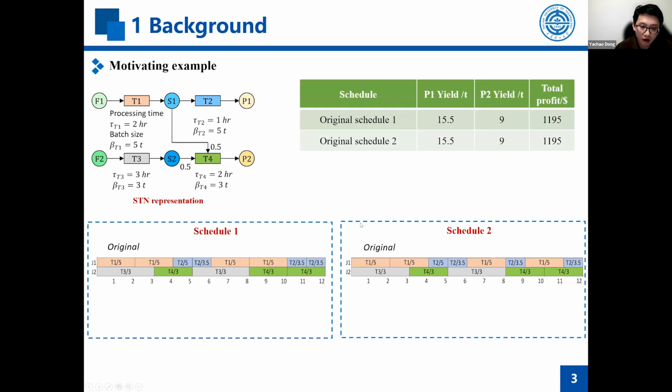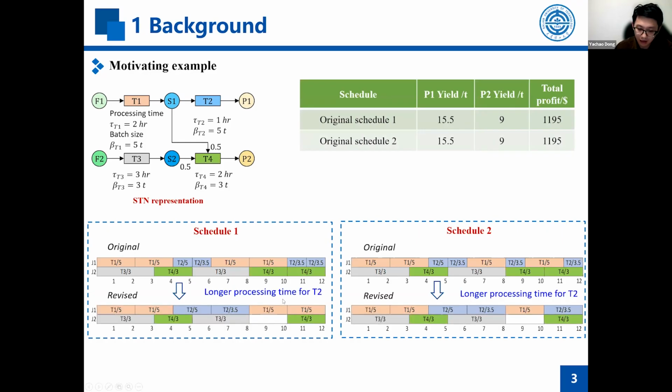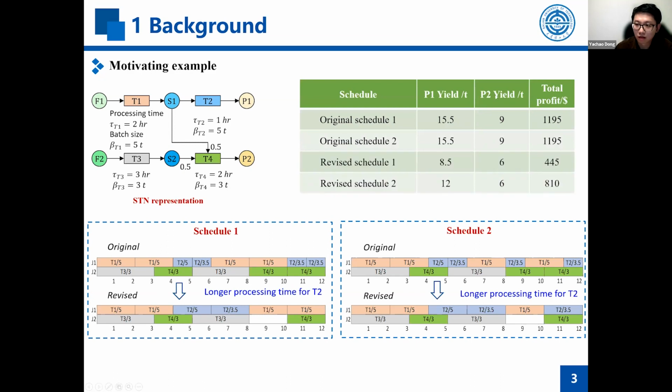However, in practice, there are uncertainties, as we said before. So we mainly address the processing time uncertainty. Therefore, let's suppose that task T2 has a longer processing time. So we need to revise the original schedule a little bit to satisfy the real processing time. And in this way, we can see that the revised schedule 1 and schedule 2 are different in terms of the yield and the profit. Revised schedule 2 is better than schedule 1 in this table, and the difference is not small. Therefore, we know that it is important to have some sort of built-in, intrinsic consideration of the uncertainties in the